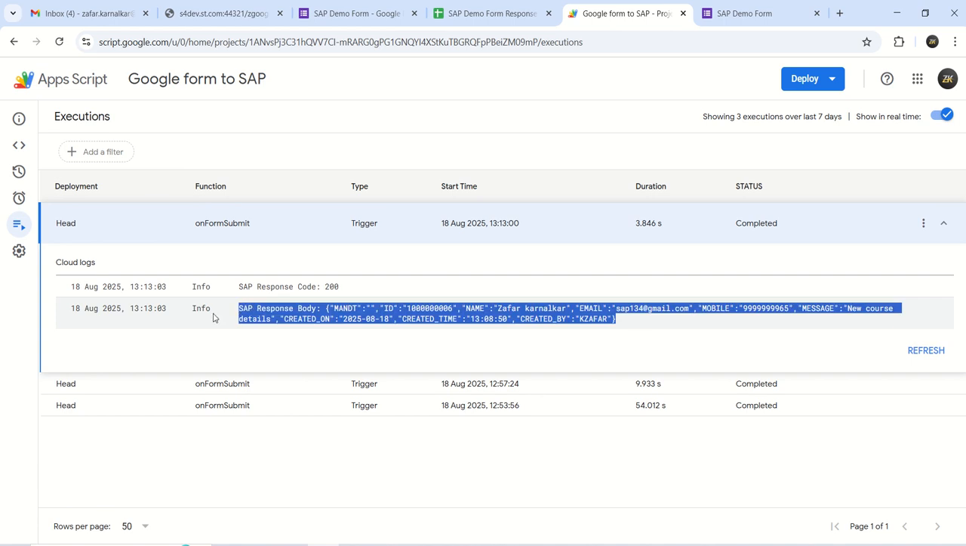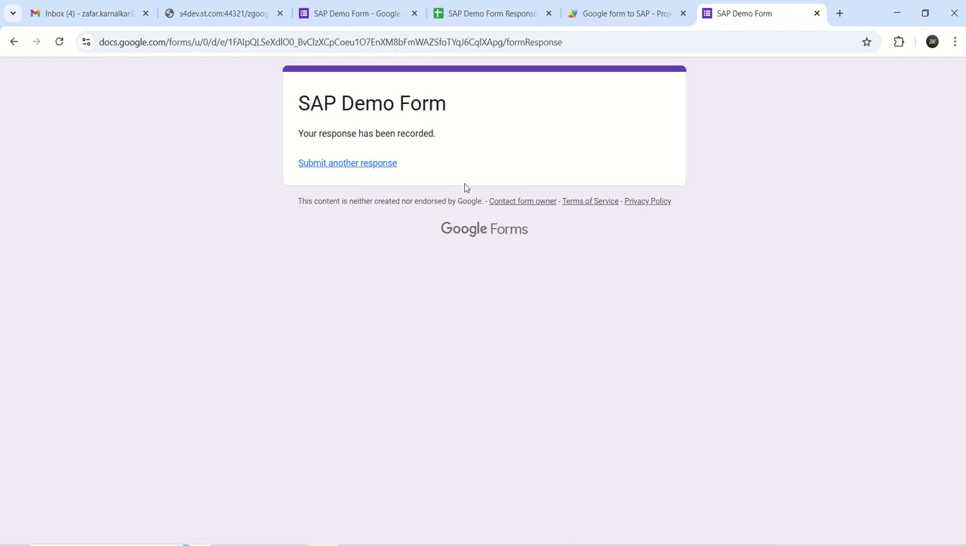This is the complete end-to-end process of how we can integrate a Google Form with SAP via REST API, you can